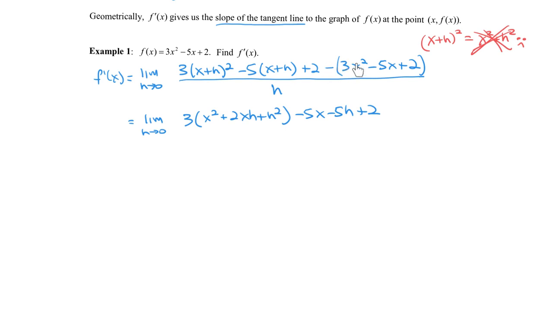So the negative will come through here, and we'll get minus 3x squared plus 5x minus 2 all over h. And now we're almost ready. We just have to take this 3 and distribute it through here. So that will give us the limit